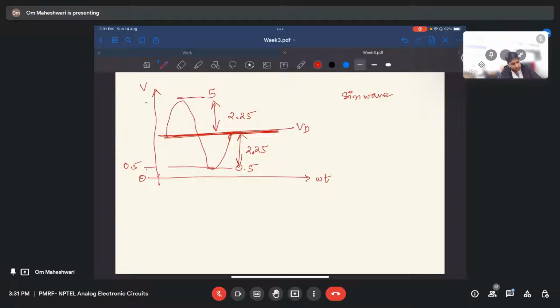This is VD, let's say. This is 5. So what would be the amplitude of this sine wave? It will be only 2.25 sine omega t only, right? But for this complete signal, it will be,